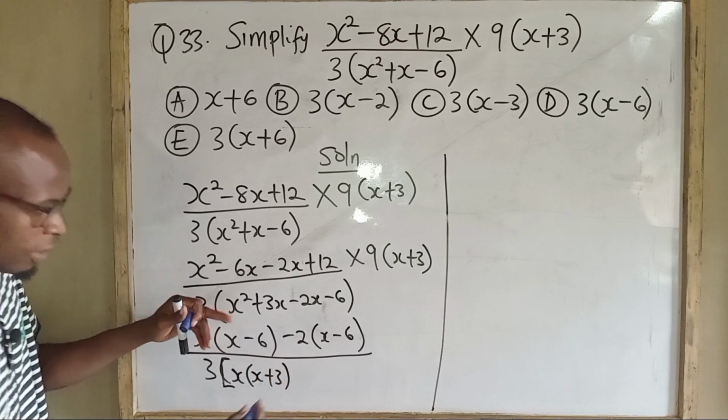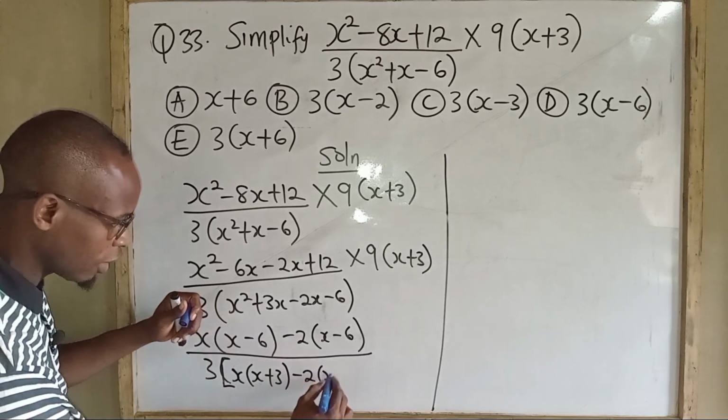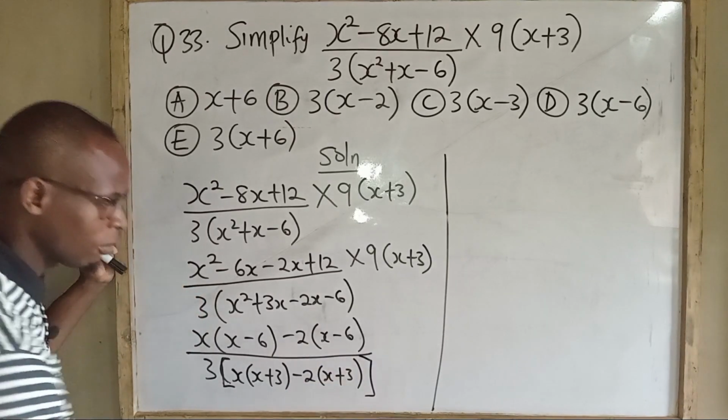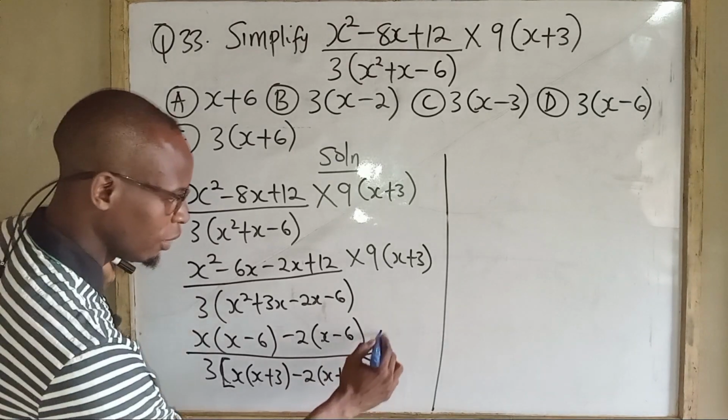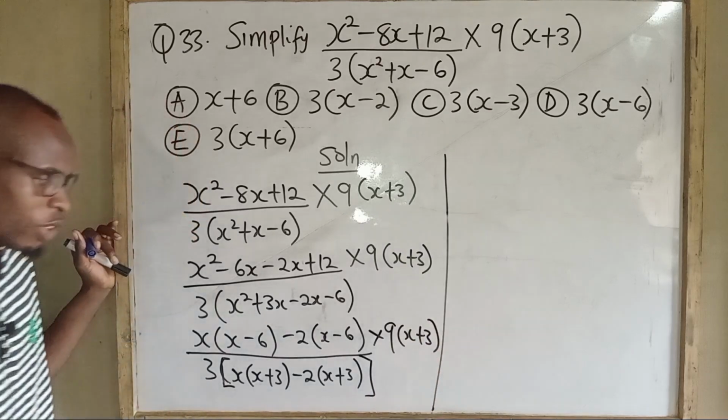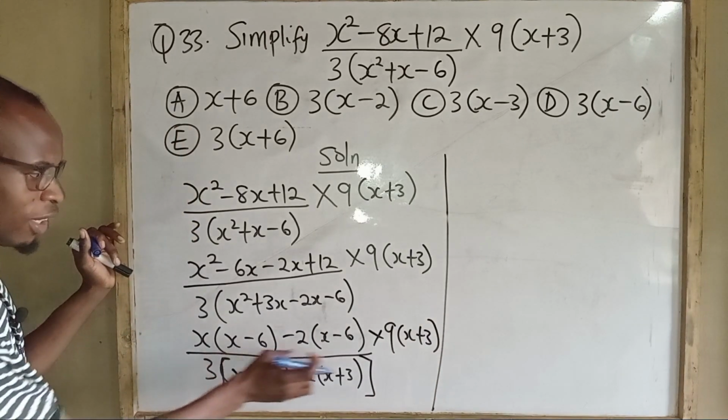Can you see that? Then minus 2 bracket x plus what? 3. So I've been able to factorize this. Let me close the bigger bracket. Then multiplying what? Don't forget 9 bracket what? X plus 3. So in the rule of quadratic, whenever you have the same thing like this, you're expected